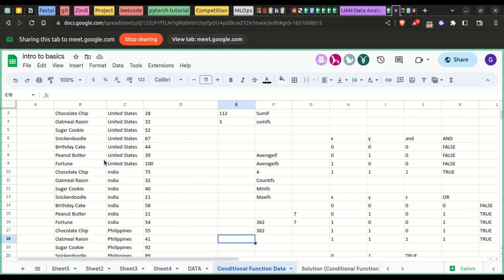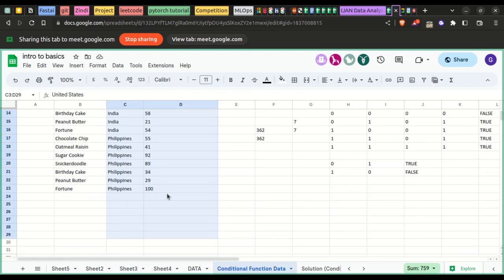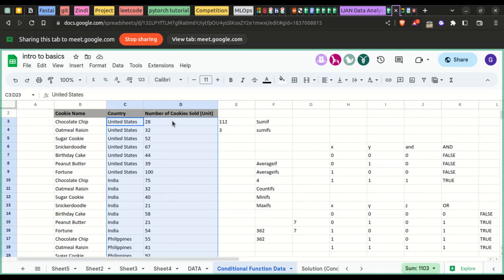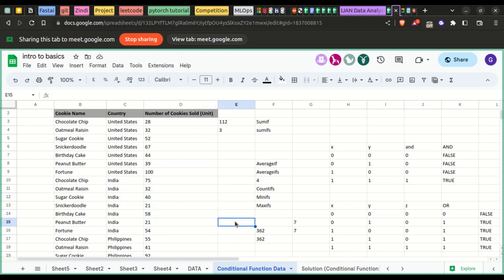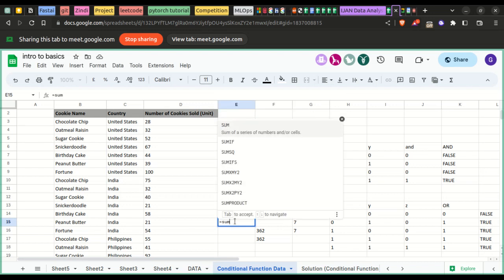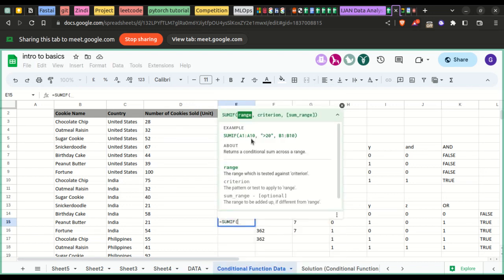For instance, the example I used was the United States, where we have countries and the sum of cookies sold in units. For instance, we are told to get the sum of all the total number of cookies that were sold in India. How do we do this? You don't necessarily have to come to India and just select this. All you have to do is pull up your function, use SUMIF, then you pick the range. That's the range of the values that you're picking. So countries,